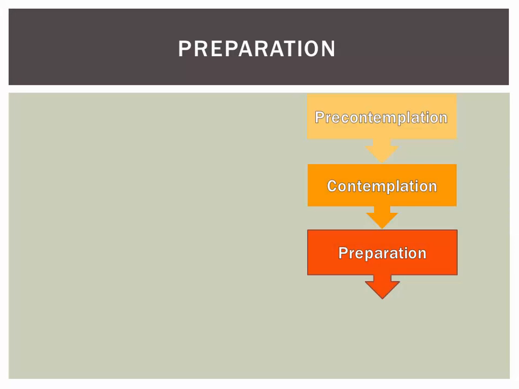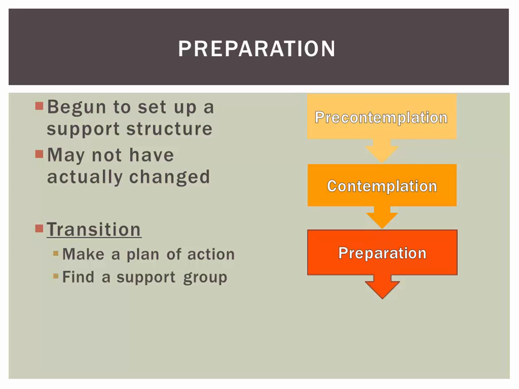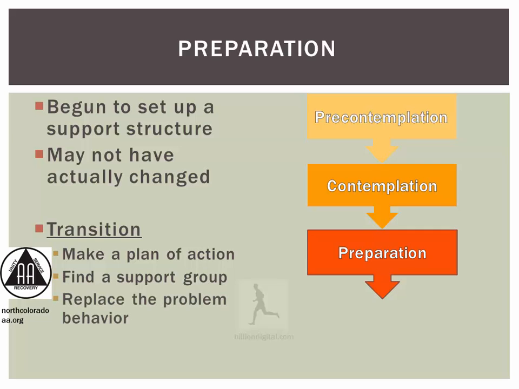These steps may not involve a reduction in consumption, but they will help to create a support infrastructure once they finally decide to kick the habit. If our friend wants to successfully move himself to the next level, he needs to start making a plan of action. He needs to determine if and when he will be visiting intervention organizations like AA. He needs to start identifying effective ways to replace this alcoholic behavior with something more positive, like jogging, when he feels the need to drink.